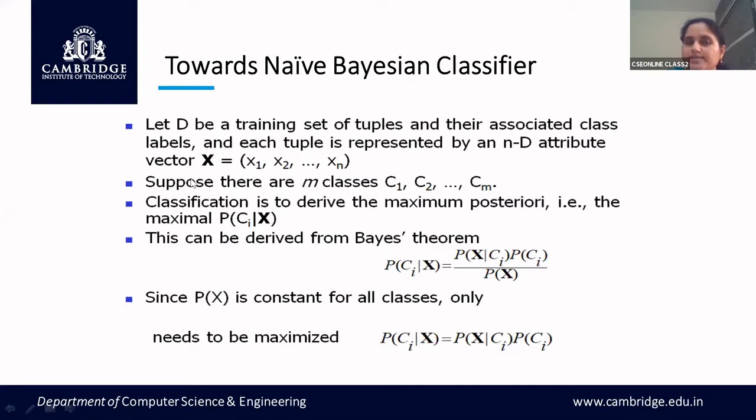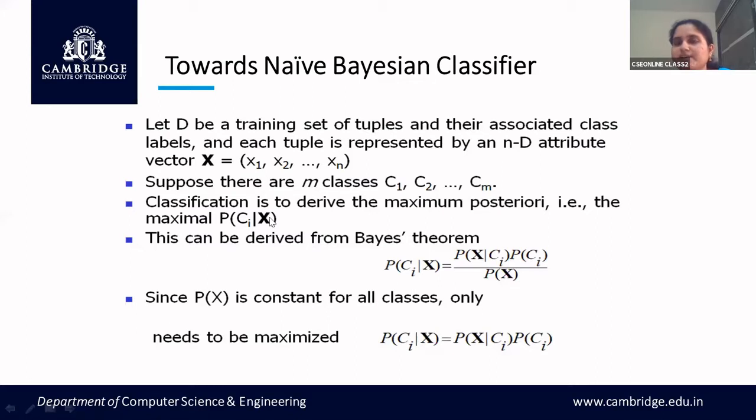So your X in uppercase is the collection of all the tuples, and for all these X entries you have a class label. So you can assume that you have M class labels from C1 to CM. So what are we trying to find in Bayesian classification is, we will try to classify using the maximum posterior probability, that is, what is the possibility of the class label, because we are trying to derive the class label from your test set. So as I discussed earlier, we have a training data set and a test data set.